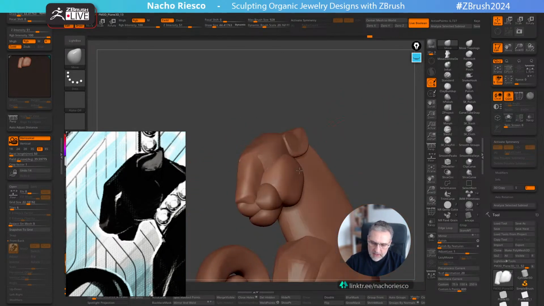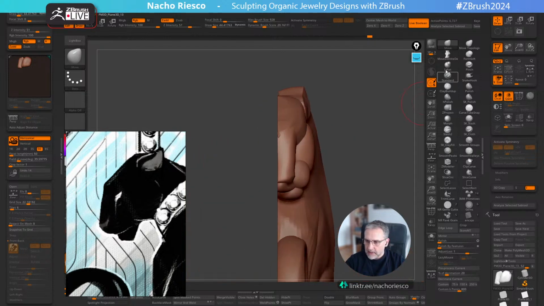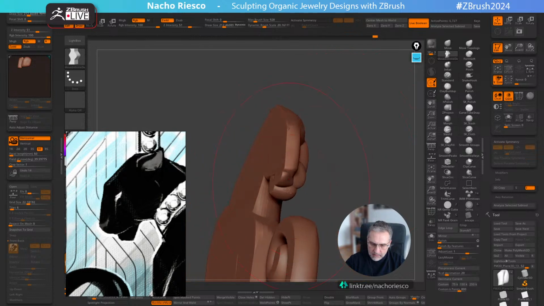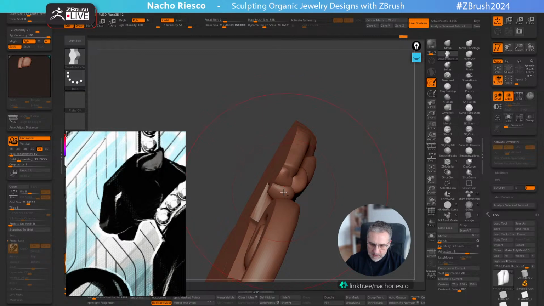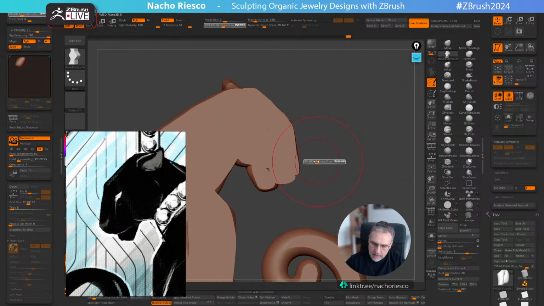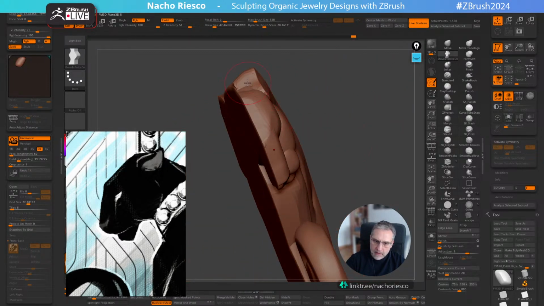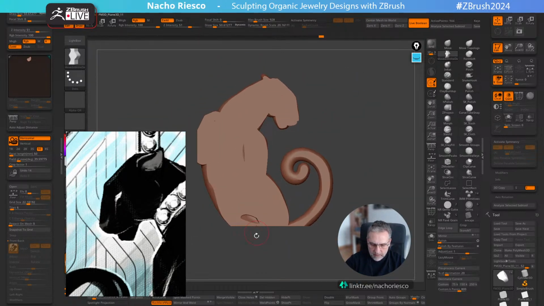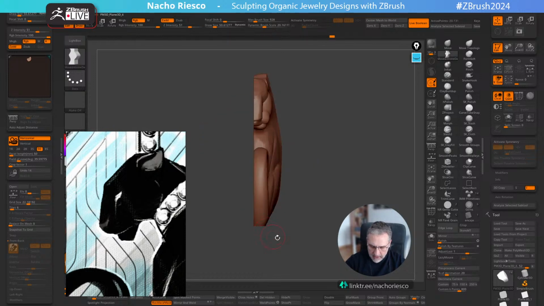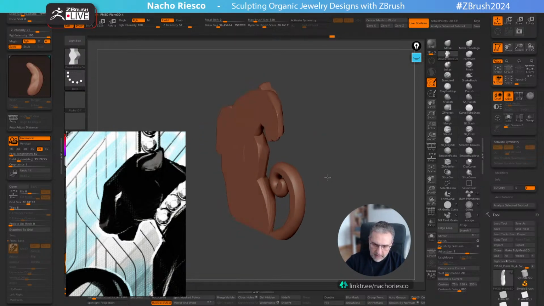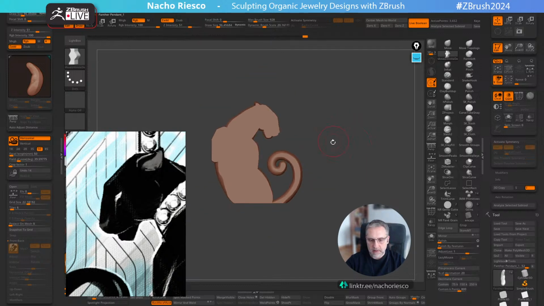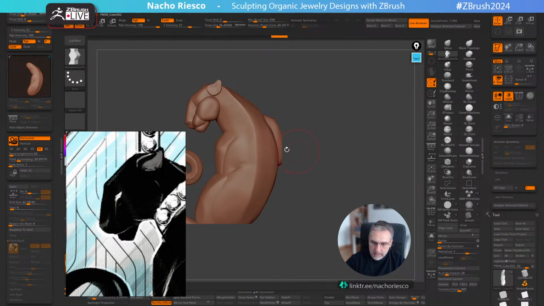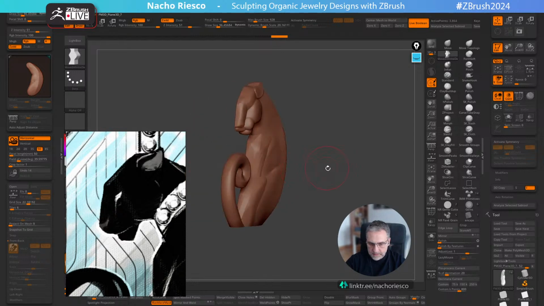Here you can see this piece is not reaching the back. Using the move brush with the back face, you can do the same with this. The same with this. The same with the ear. So you just need to know that we have the complete profile here. Here we have the same problem, and the same problem here. Something like this. And here probably we need to